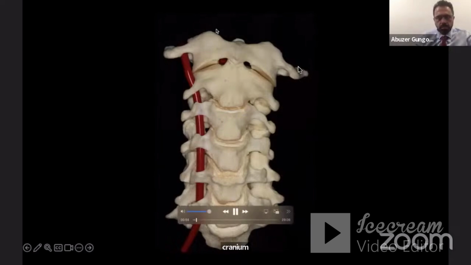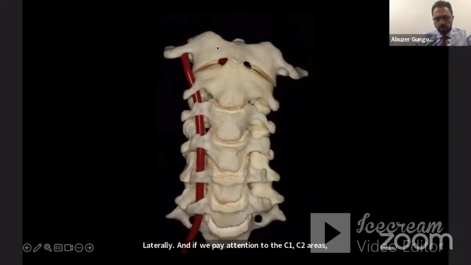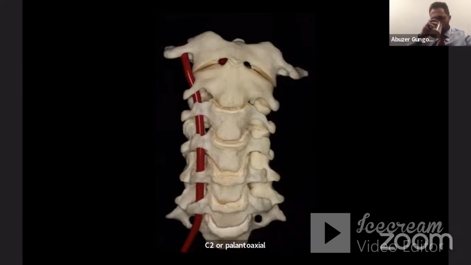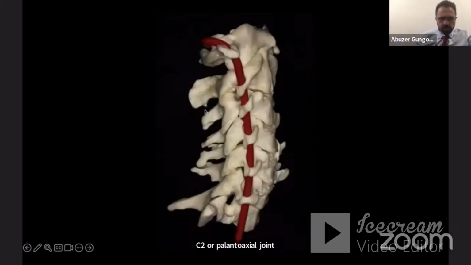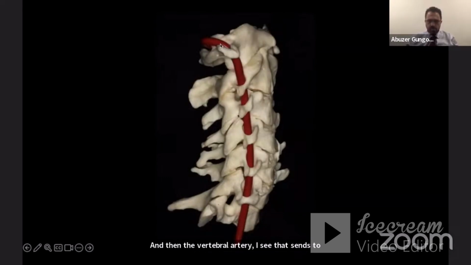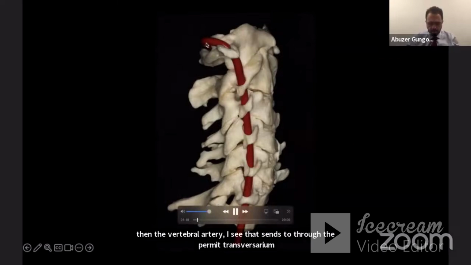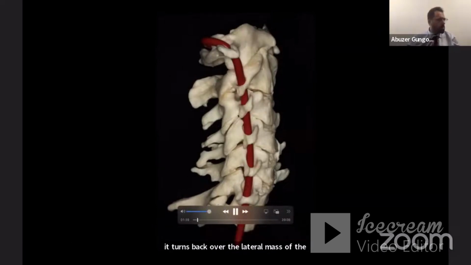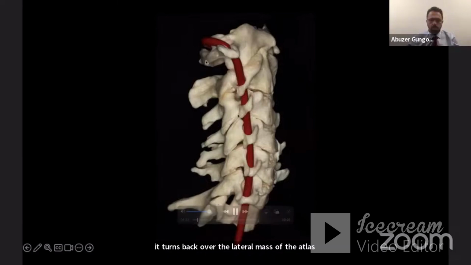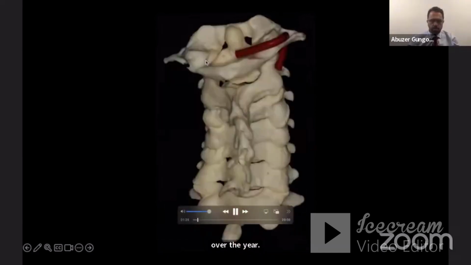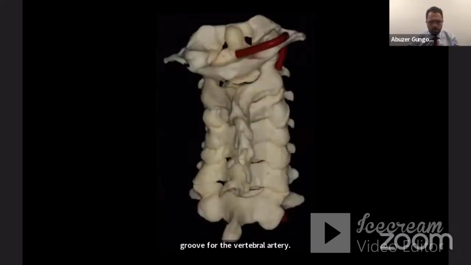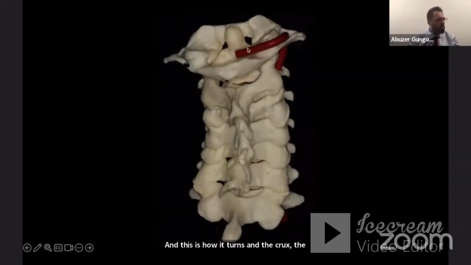Laterally, if we pay attention to the C1, C2 areas, we can see the C1, C2 or atlantoaxial joint that is just medial to the vertebral artery. And then the vertebral artery, as it ascends through the foramen transversarium, turns back over the lateral mass of the atlas, over the groove for the vertebral artery. And this is how it turns and hugs the lateral mass of the atlas to become